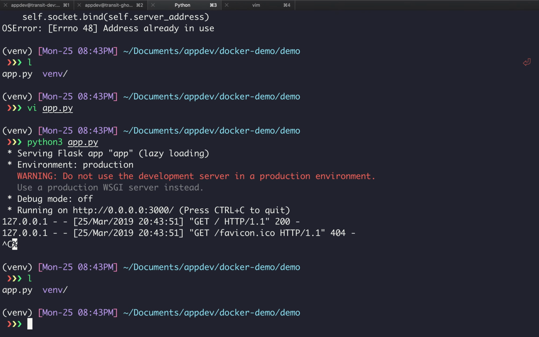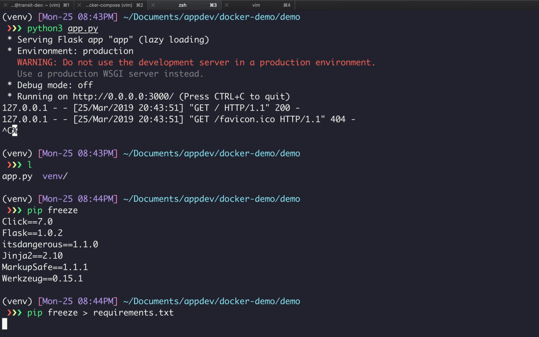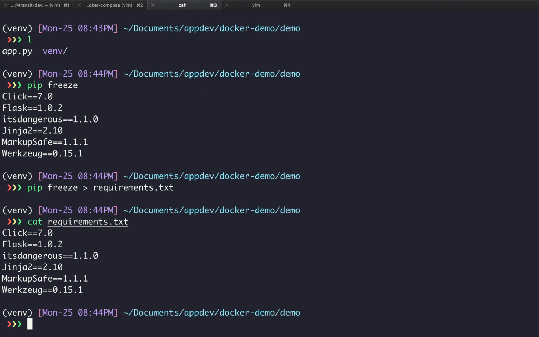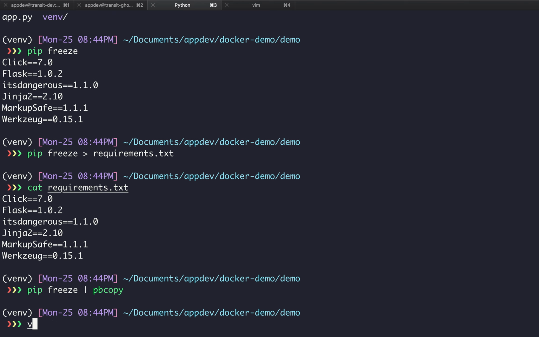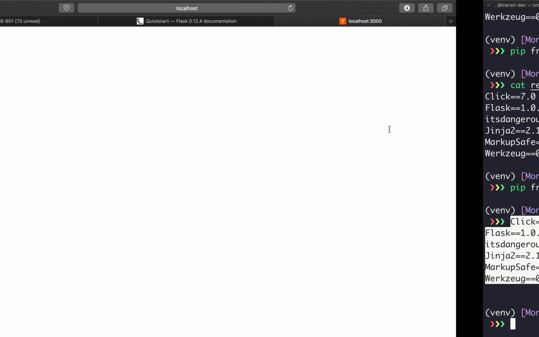So if we think about this from a handoff perspective, now I can run pip freeze, so I can freeze my requirements into a requirements.txt. We've seen this syntax before. If I just run pip freeze, I can see all of my dependencies. And then if I write this into a file, then if I print the contents of that file, I can see that it's there. Something else that's nifty that you can do on Mac is you can pip freeze and then send this into your clipboard. And then if I run Command V, I can paste it. That's actually unrelated.